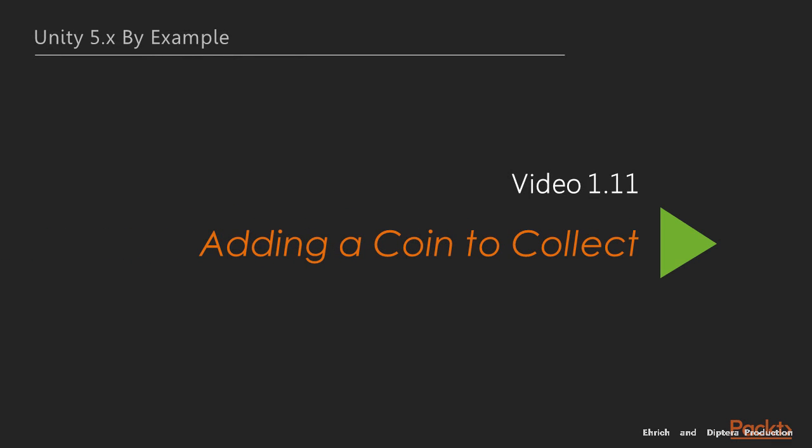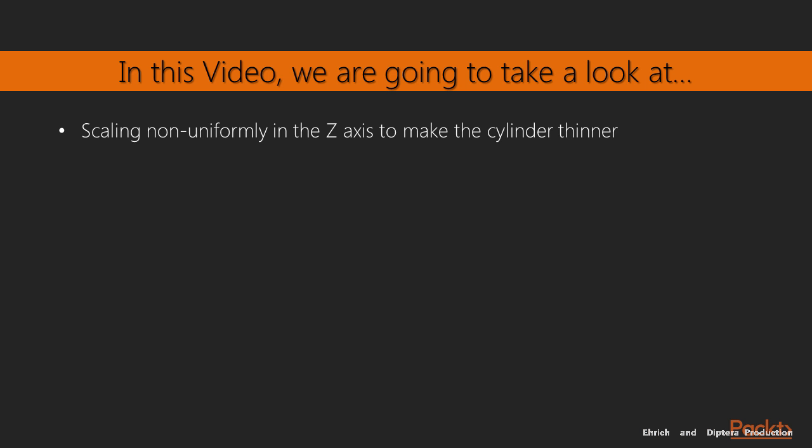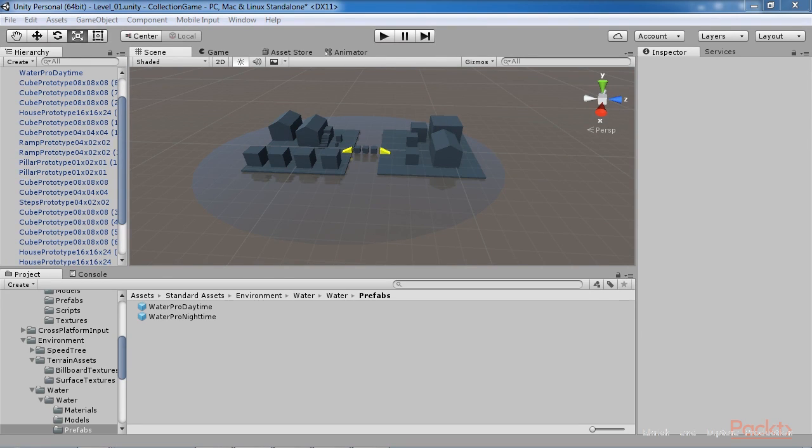Welcome to the last video of section 1, adding a coin to collect. In the previous video we've learned how to add a water plane. In this video we'll learn how to add a coin to collect. On reaching this far our game has many features, namely a complete environment, first-person controller and water. However, we're supposed to be making a coin collection game and there aren't any coins for the player to collect